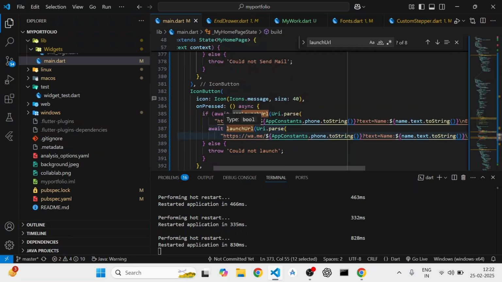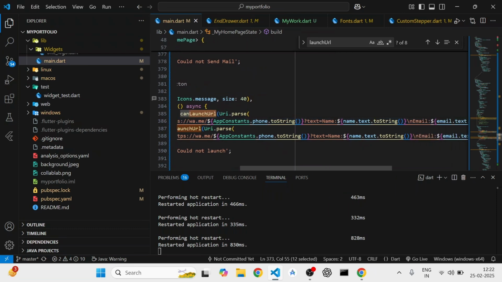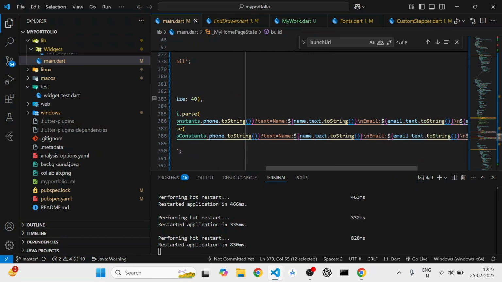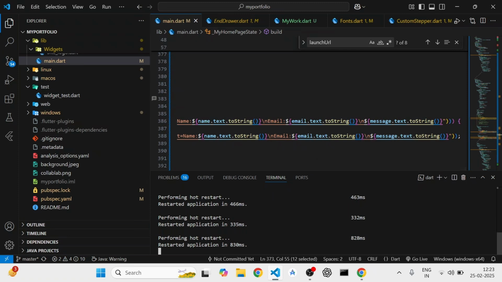I will mention the documentation link in my description. So what you can do is, here you will specify the recipient's phone number, and the format that I have used is, first it will show the name of the sender, then the email of the sender, and this it will retrieve from the text box that I have used in my application, after which it will send the message. So here if I show you,